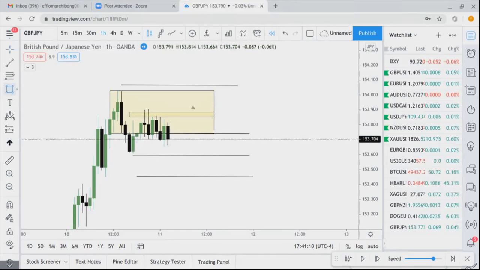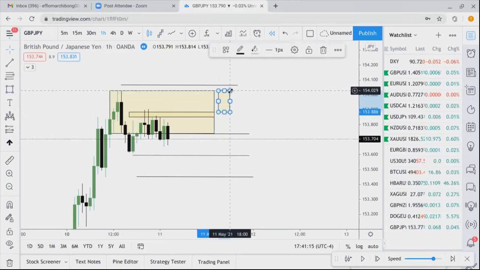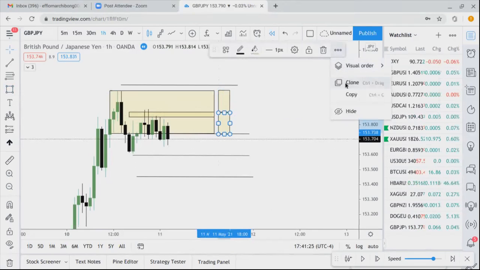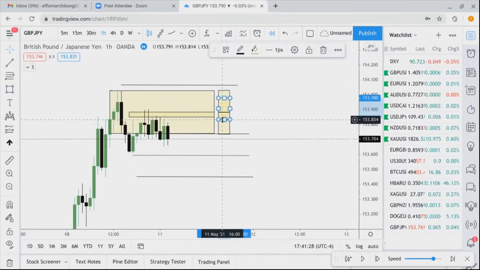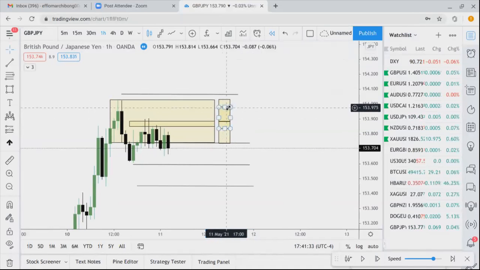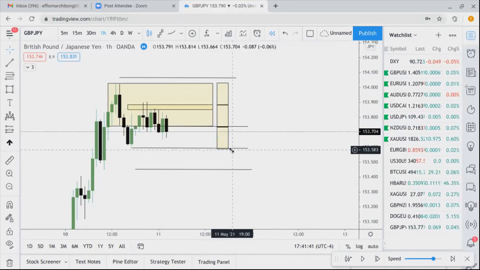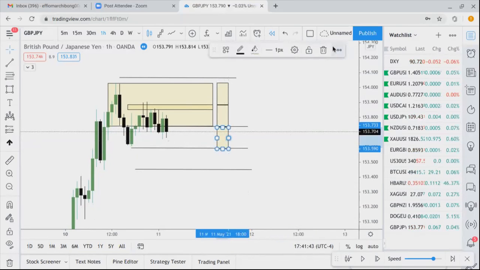What I like to do is my second entry, the beauty about me, I like to take my trades from the second entry. So my second entry, if I take the trade from the second entry, I have a risk to reward of 1:2 for the first target. And then the final target, I'm going to have a risk to reward of something very similar to 1:3,